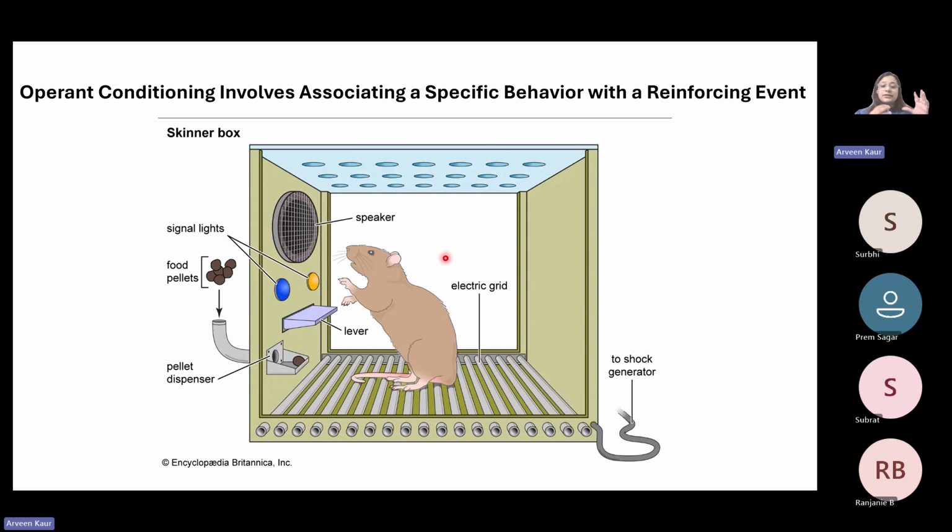So when the mouse is going inside, it doesn't know that this is what is going to happen, right? So with trial and error, the mouse learns this. So it would happen that the yellow light would blink and he would press the lever, and he would get a shock, right? Then again, maybe the yellow light blinked again, he pressed the lever, so he might get the shock, right? So he might get averse to pressing the lever. But at the same time, maybe after one or two trials, they blinked the blue colored light.